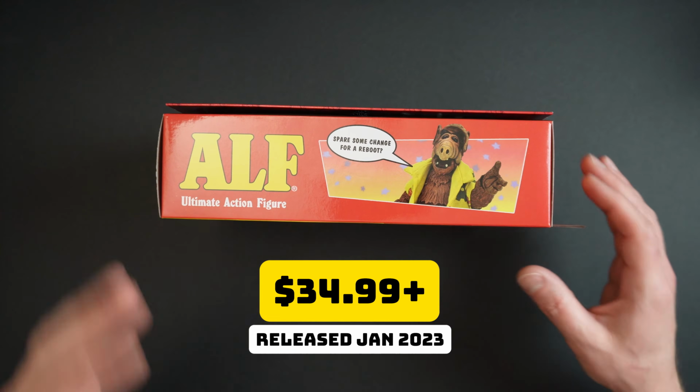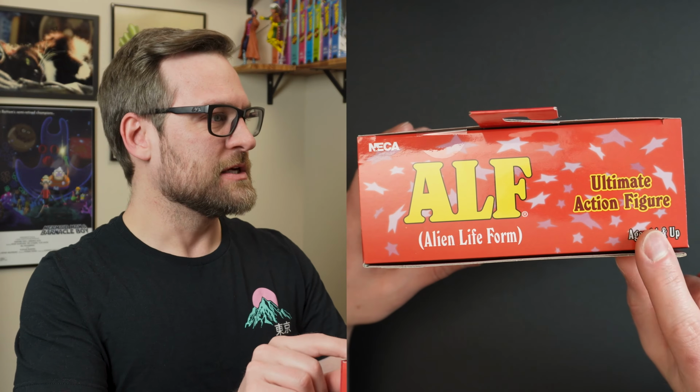So, spare some change for a reboot? Well, that would be interesting. What would a reboot of ALF look like today? Probably not great. It would definitely have to go to streaming. Then we got the top of the box, ages 14 and up, and the bottom of the box, which always